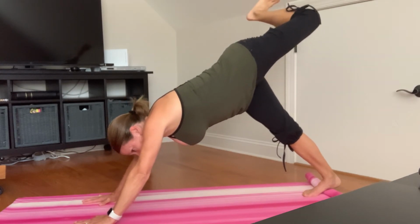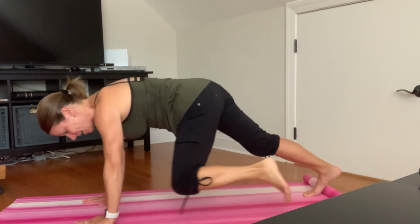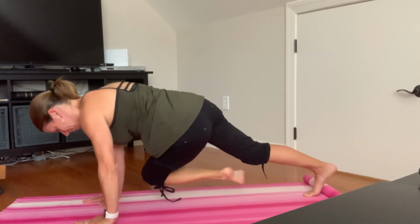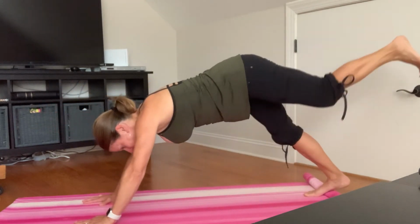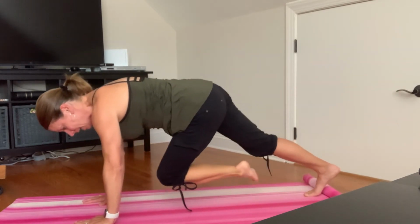And with our next inhale, we'll bring your knee to the outside of the elbow. Inhale your way back up. Exhale across the body. Inhale, center. And this time, exhale, bend the knee, bring it as close as you can to your chin, and